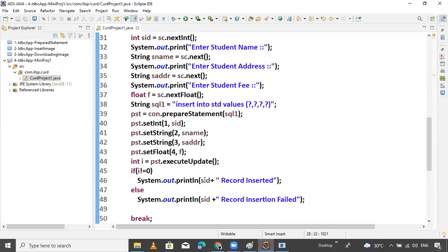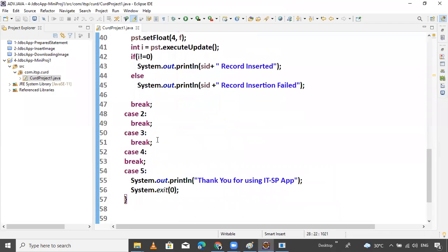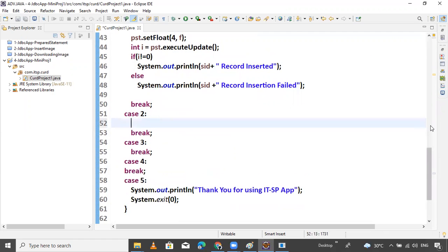So now, one more module I want to develop here. What is that? Here, enter the student ID. Student entered ID.